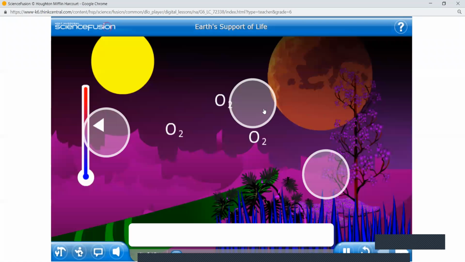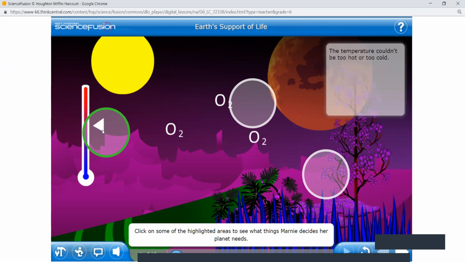Marnie is watching a show about other planets. As she watches, she begins to daydream about what it would be like to live on another planet. The more she thinks about it, the more Marnie realizes that her imaginary planet would need some additional features to make it habitable. Click on some of the highlighted areas to see what